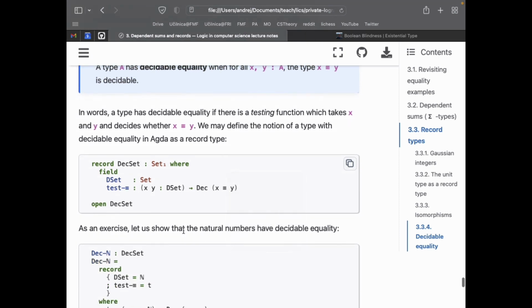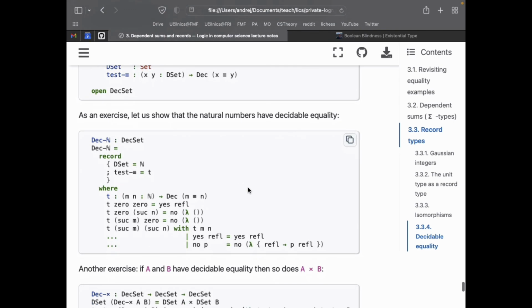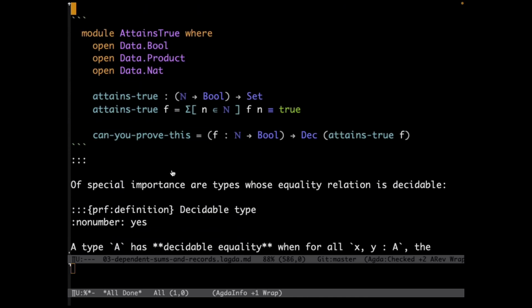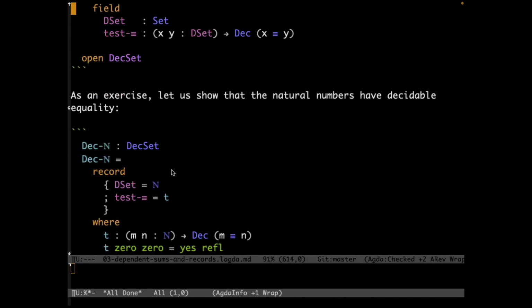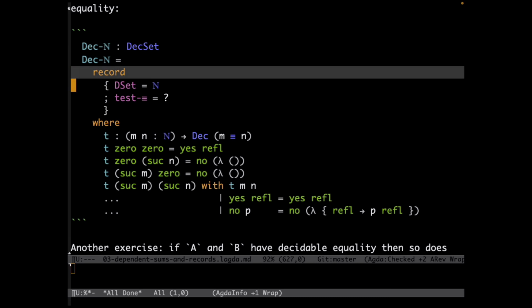Excellent. So, questions about this? This is another example of how we package up information. Let's see one of these. It's how to prove that you could try a particular example. Let's try a particular example. Let's show that the natural numbers are decidable. So the way that you would do this is,